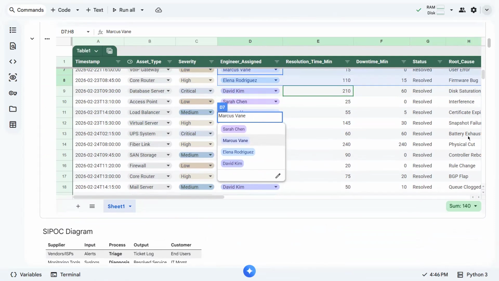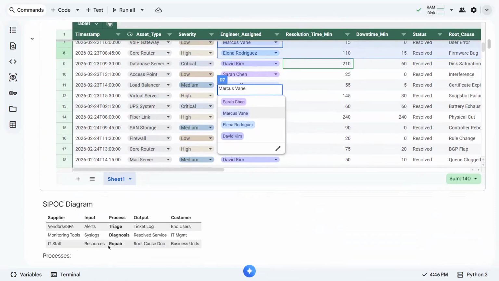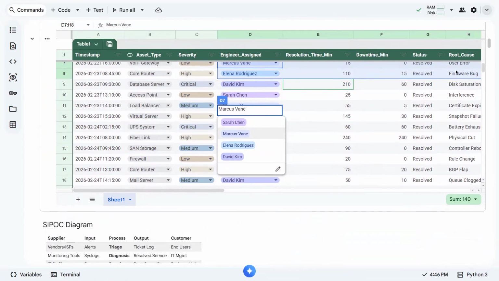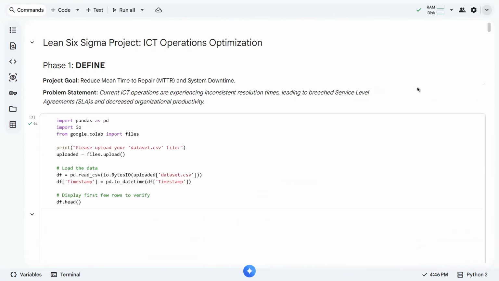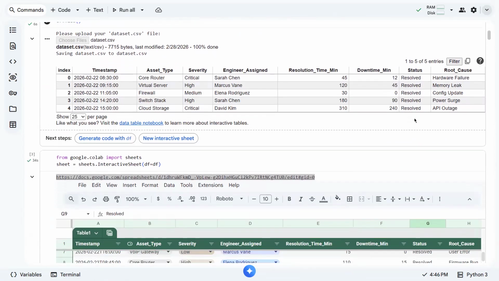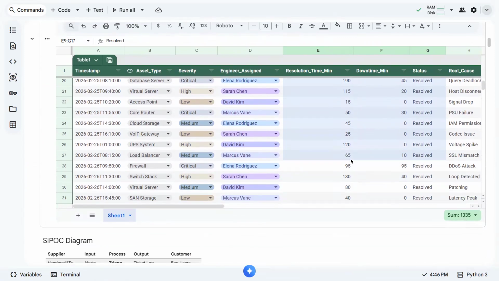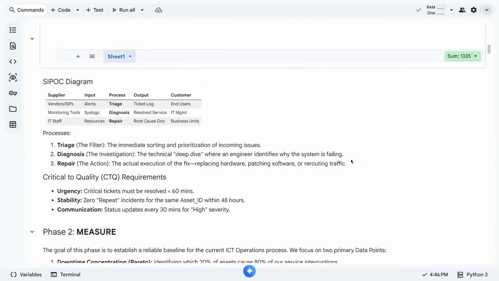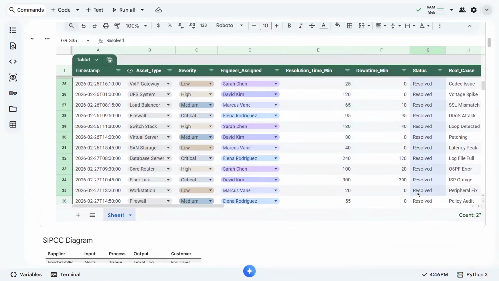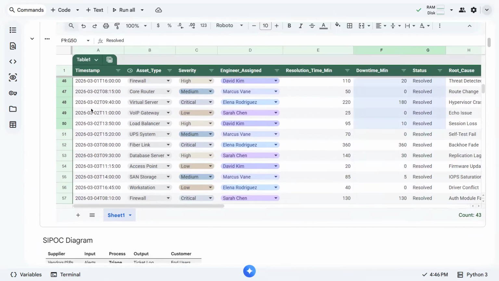Once the diagnosis has been done, the repair process takes place. Once repaired, the engineer will tag it as resolved. In this case, our entire data set, or all our tickets, have been resolved already.